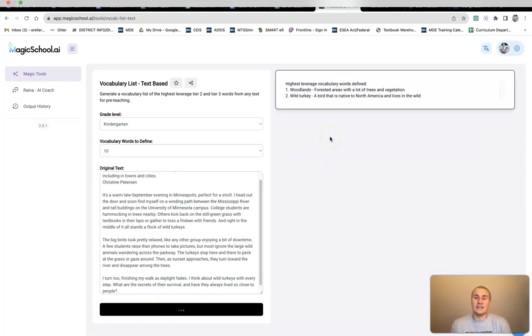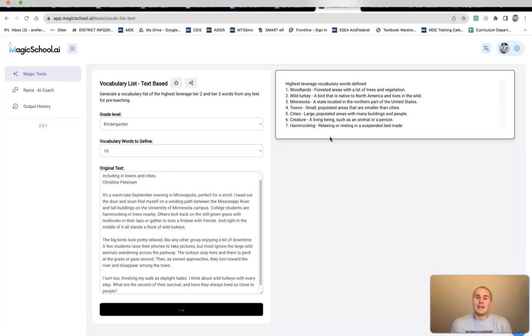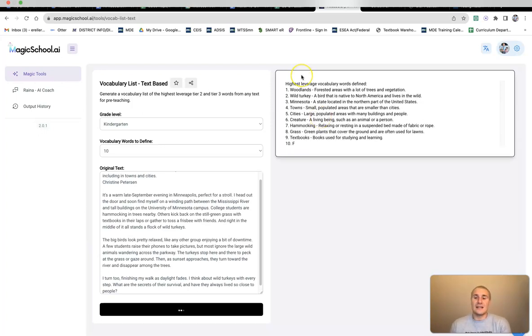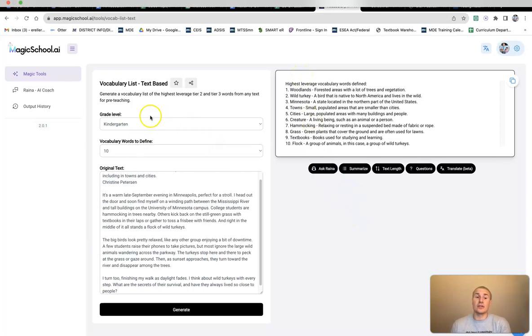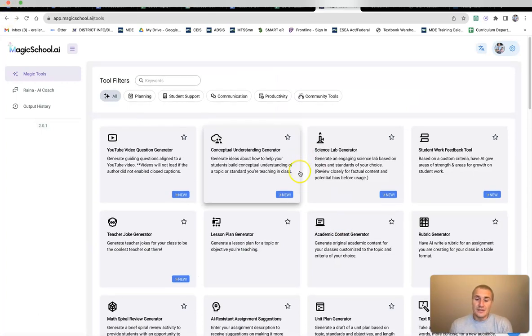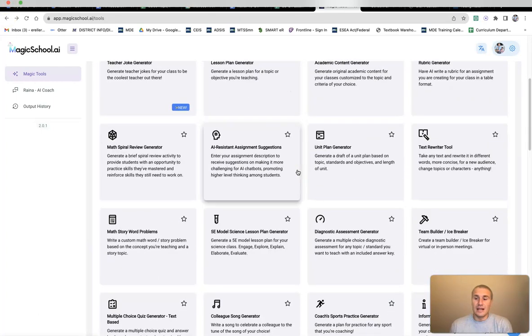And now it's got woodlands in there. It might even, I think creatures pops up, yep. Hammocking. So different things that you might need to pre-teach vocabulary-wise in order for your students to understand at whatever grade level you're going. Same thing, if we're going through and I'm sticking on that reading kind of thought process,